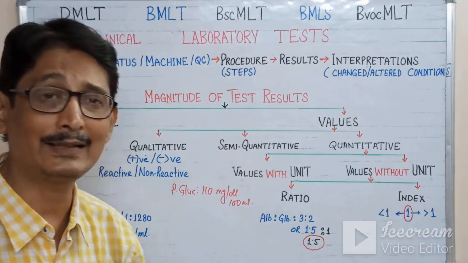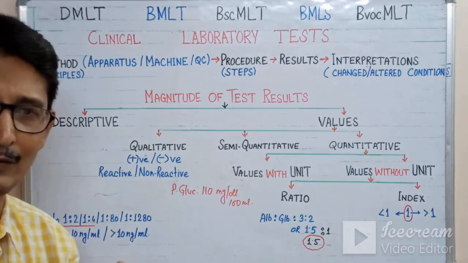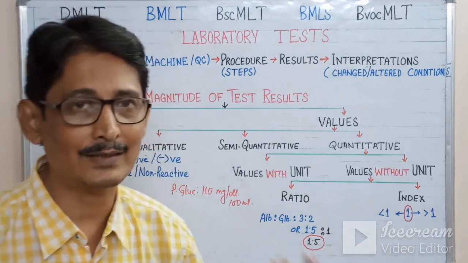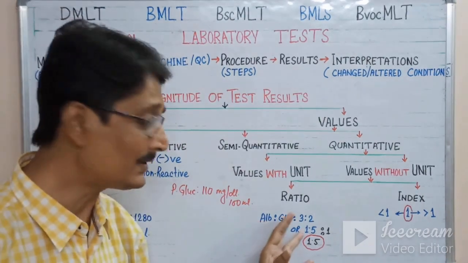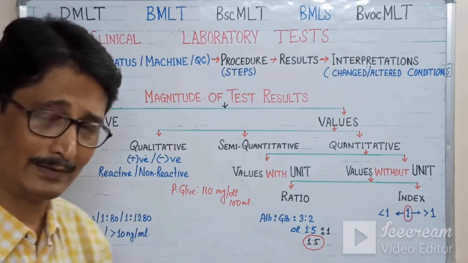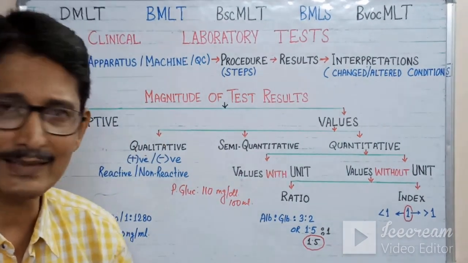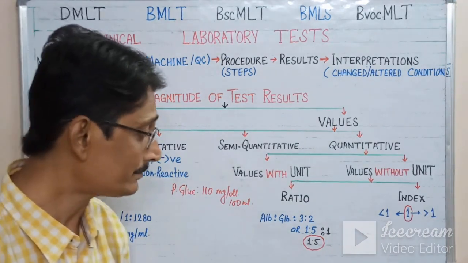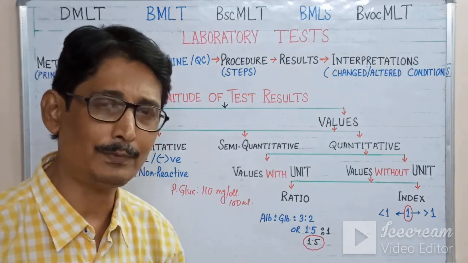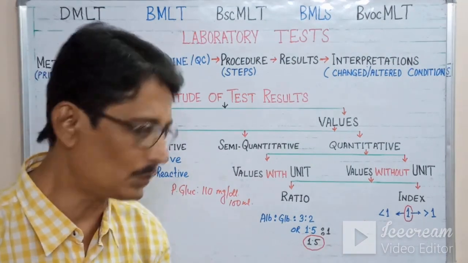After that we try to get the ratio of the two. When we take the ratio, the units cancel each other, so we get a ratio such as 3:2. Now this is a whole number, but it may be a fractional number, like 3.825 to 1.986. Such values may also come, so this is very confusing. This is the older system of defining a ratio, where albumin is to globulin is 3:2.